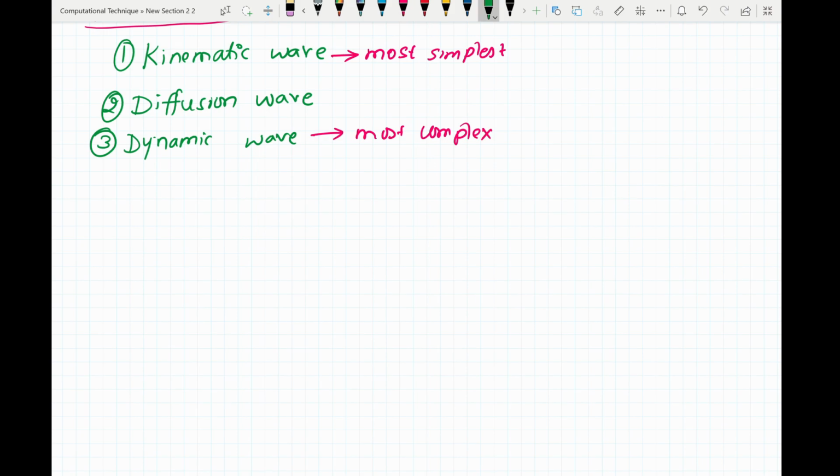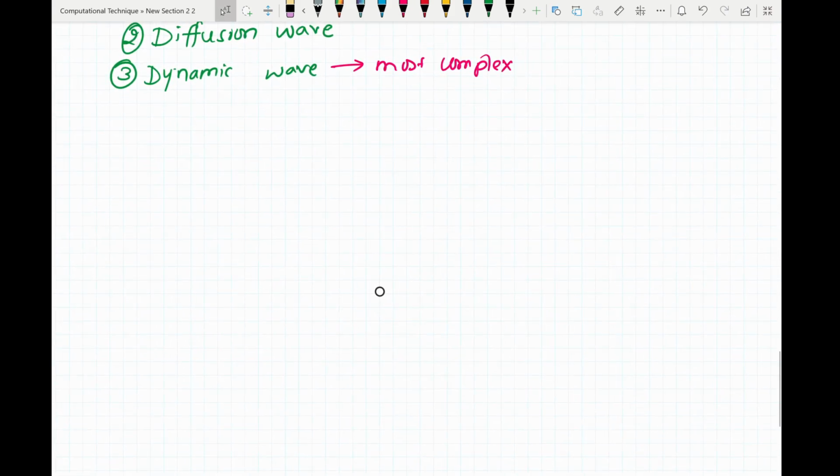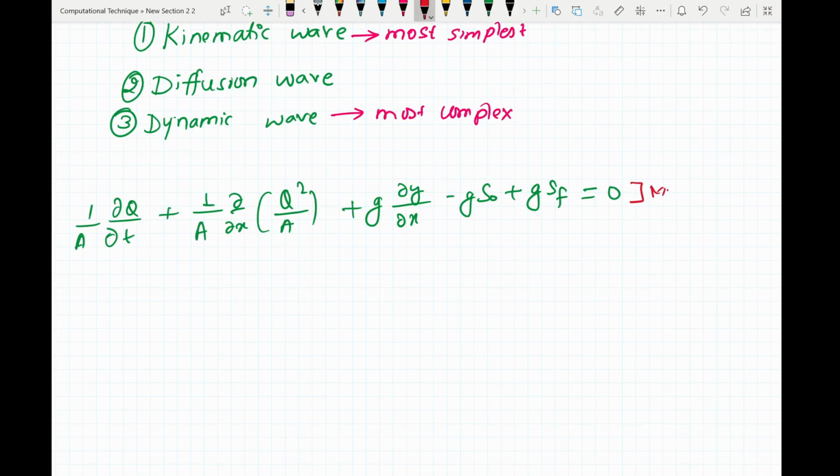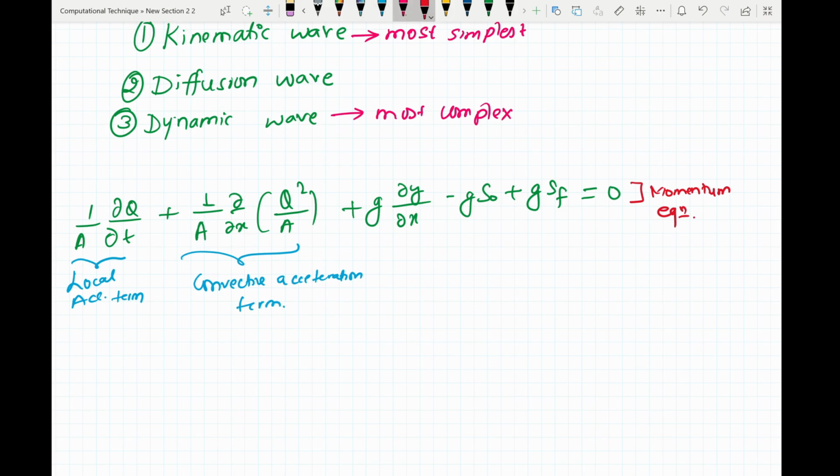If you look into momentum equation in conservative form, which should look something like this. This is the momentum equation. Now here, this term is known as local acceleration term. This term here is known as convective acceleration term. This term here is also known as temporal acceleration term,